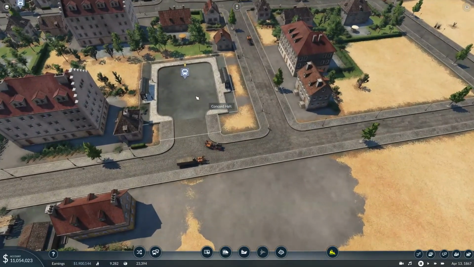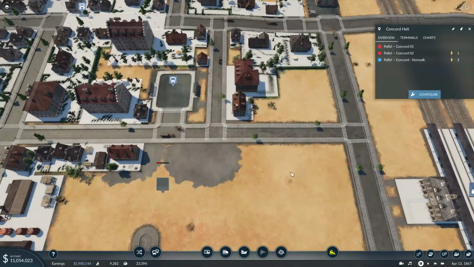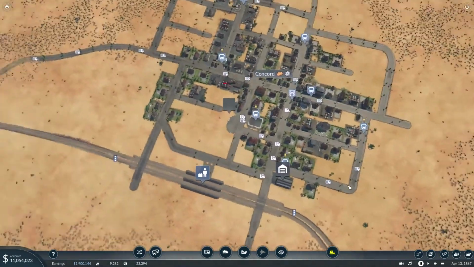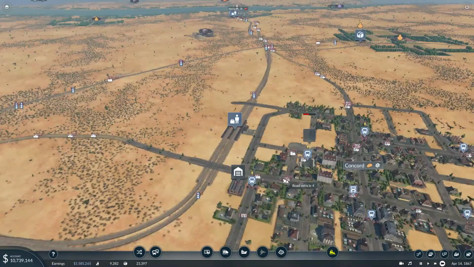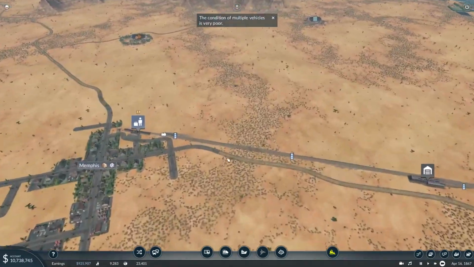Fantastic. This bus station is now going to have to move closer to here. Or is it? It's not that far a walk. Let's see what that does. As a matter of fact, let's upgrade...